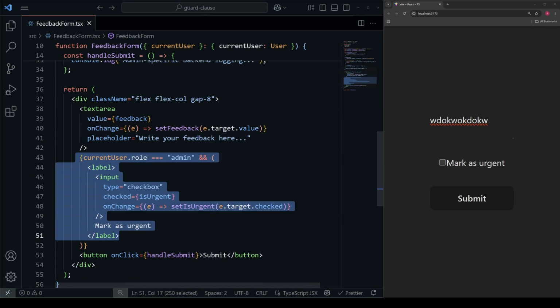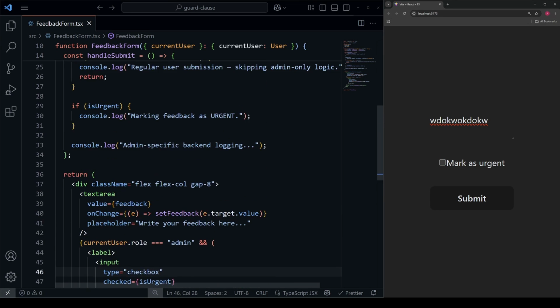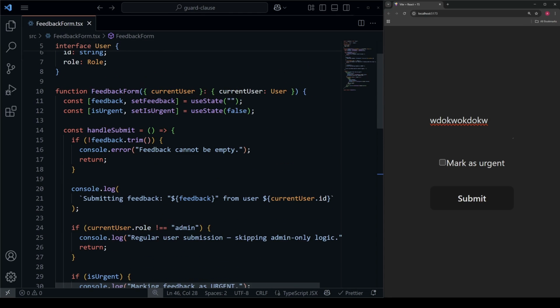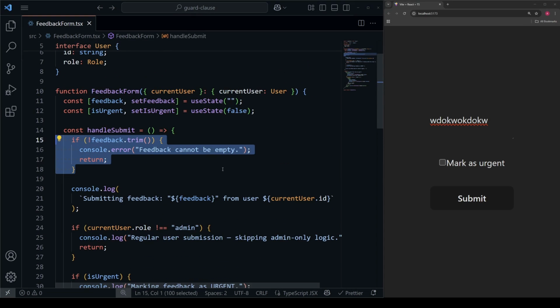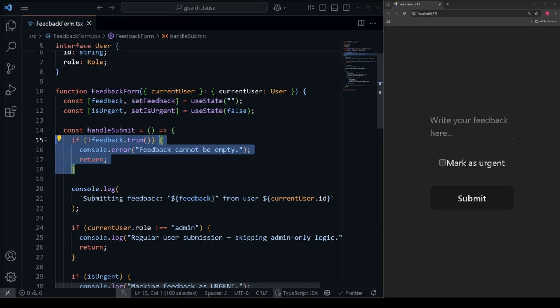check this urgent box right here. So right now I am logged in as an admin, so I have this box available to me. If I were a regular user, I would not have this as an option. So in our handle submit function, at the very top of it, we have our first basic guard clause right here. All it is doing is just checking the feedback to make sure it is not empty. So I can't submit a form if my text box has nothing in it. There are tons of ways to do form validation nowadays, but having a basic guard clause at the very top of your form submit function like this is an easy way to make sure you don't submit the form with